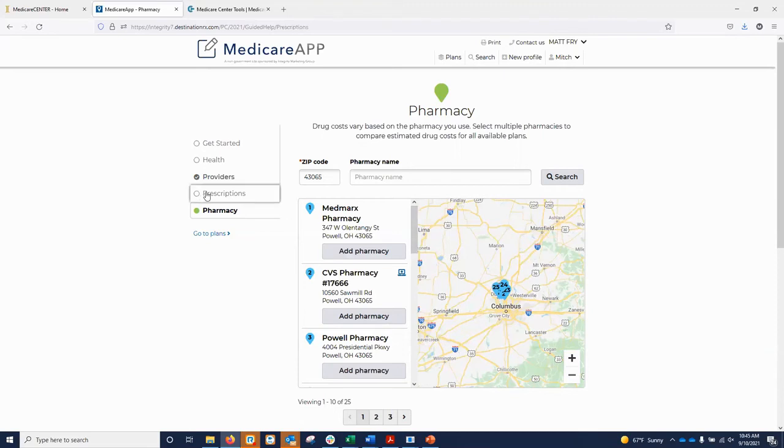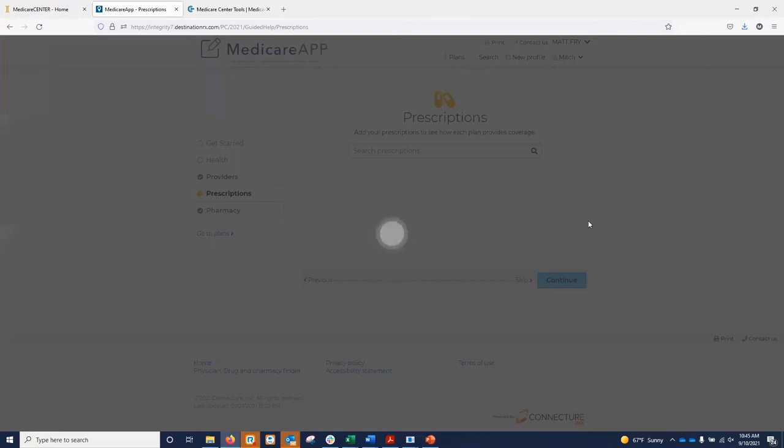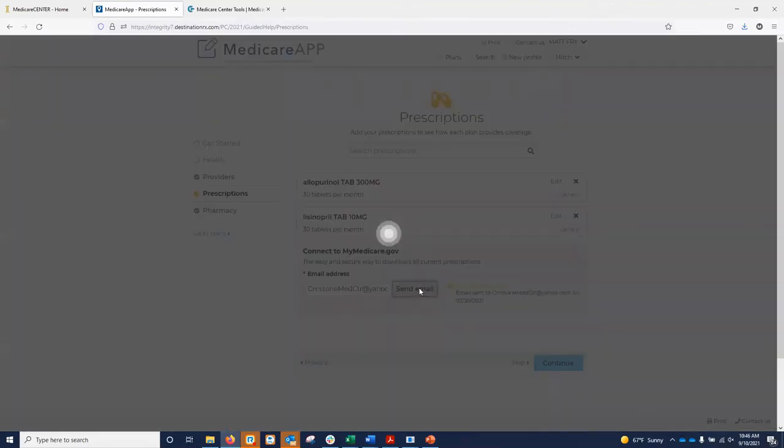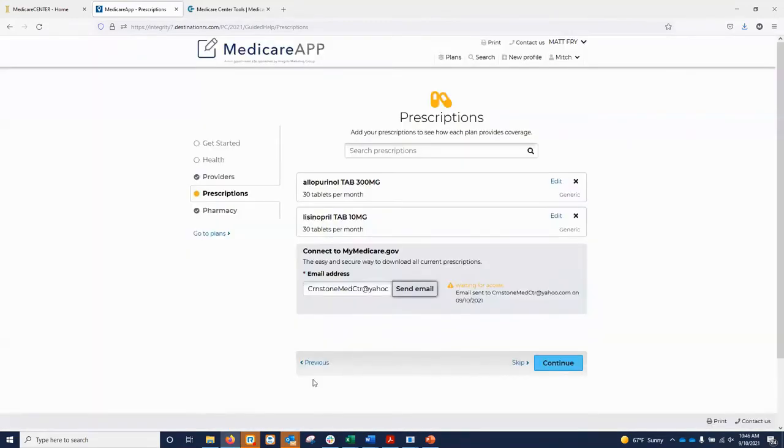Under the prescriptions, it's still out here. I'm not sure how many of you used it last year, but we do also have the ability to connect to mymedicare.gov to pull in prescription information directly from CMS. So if you guys have clients with a mymedicare.gov profile, you can send an email to them, and then your member